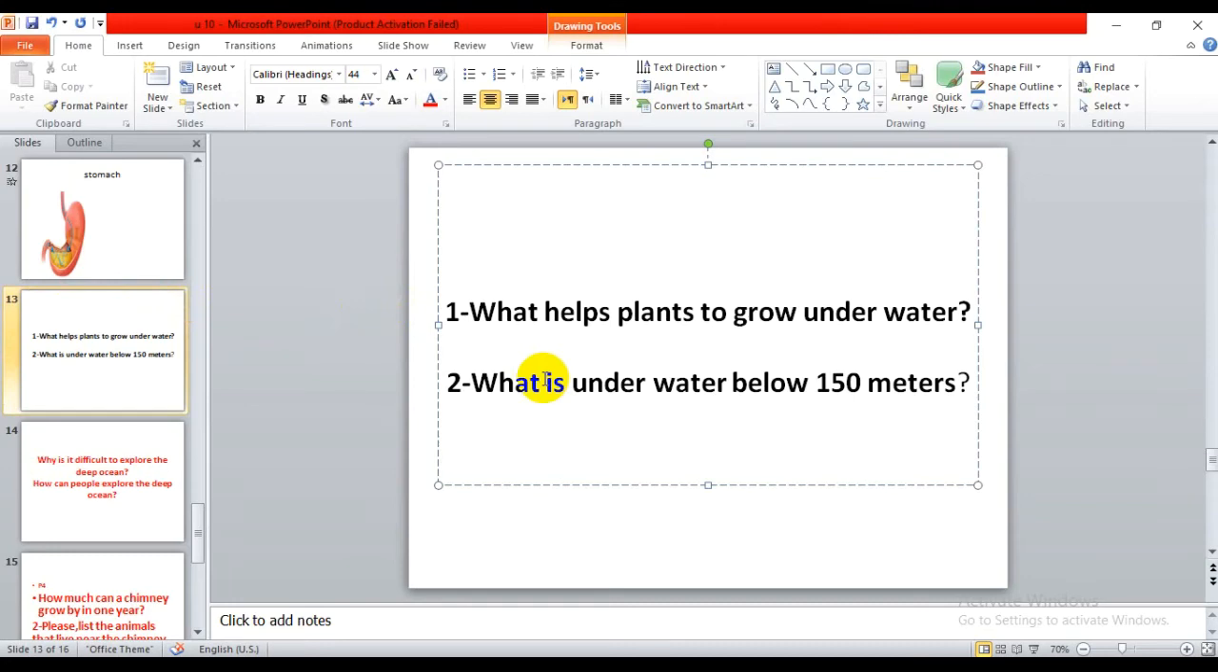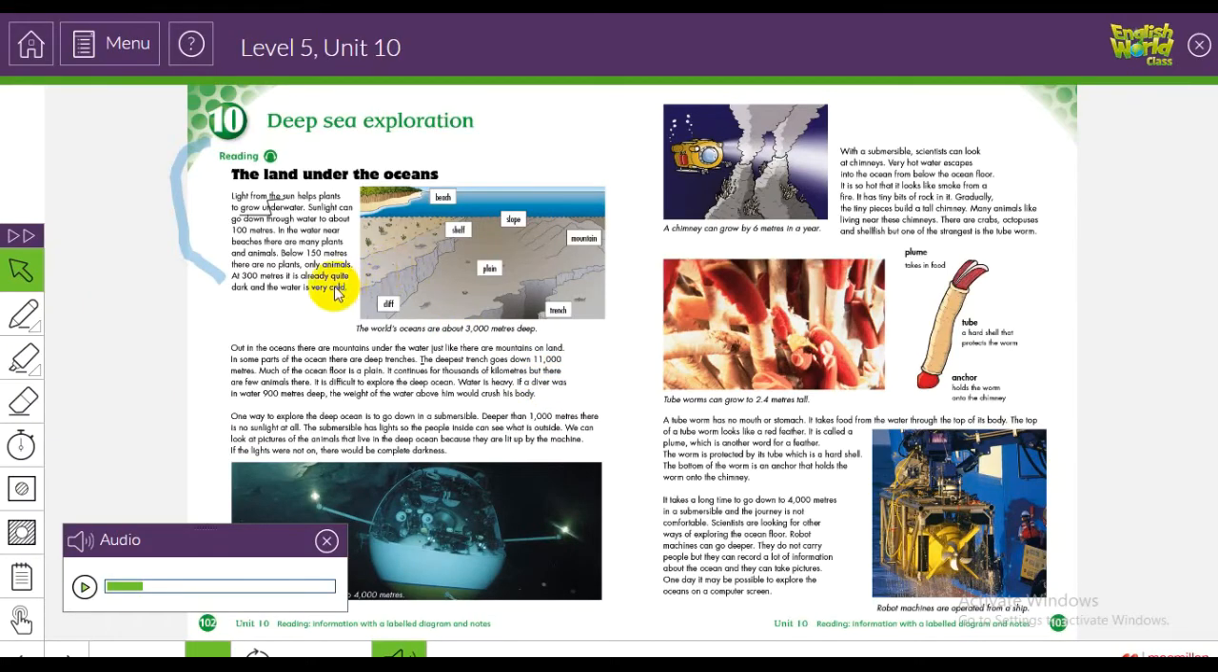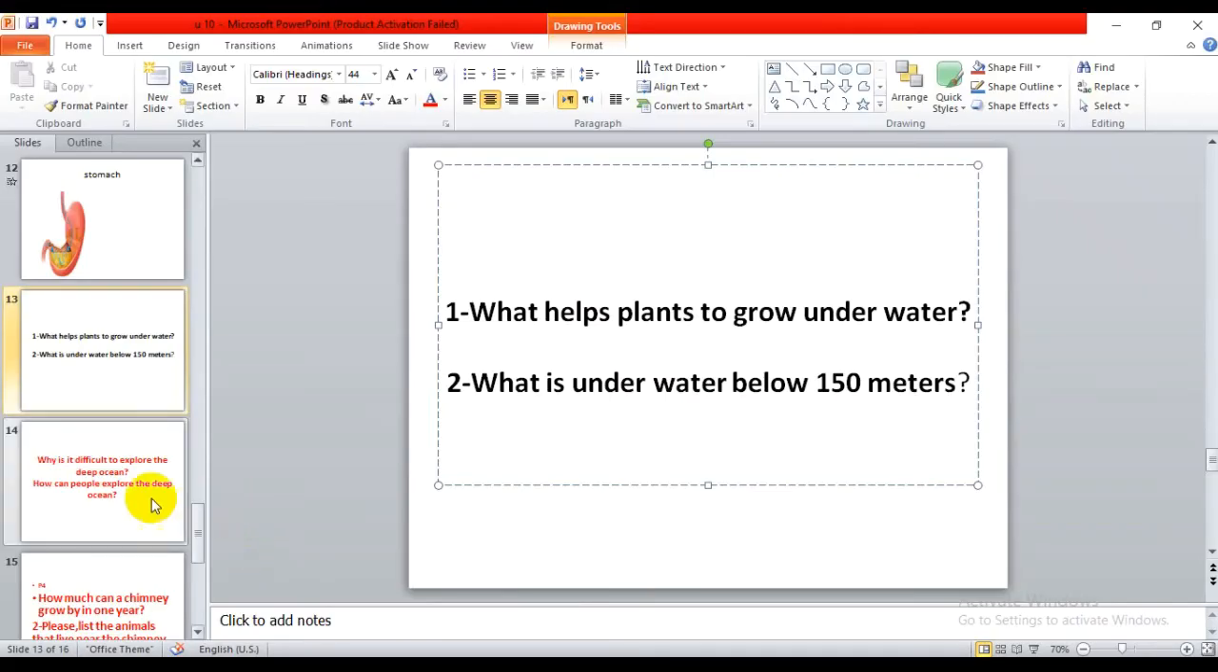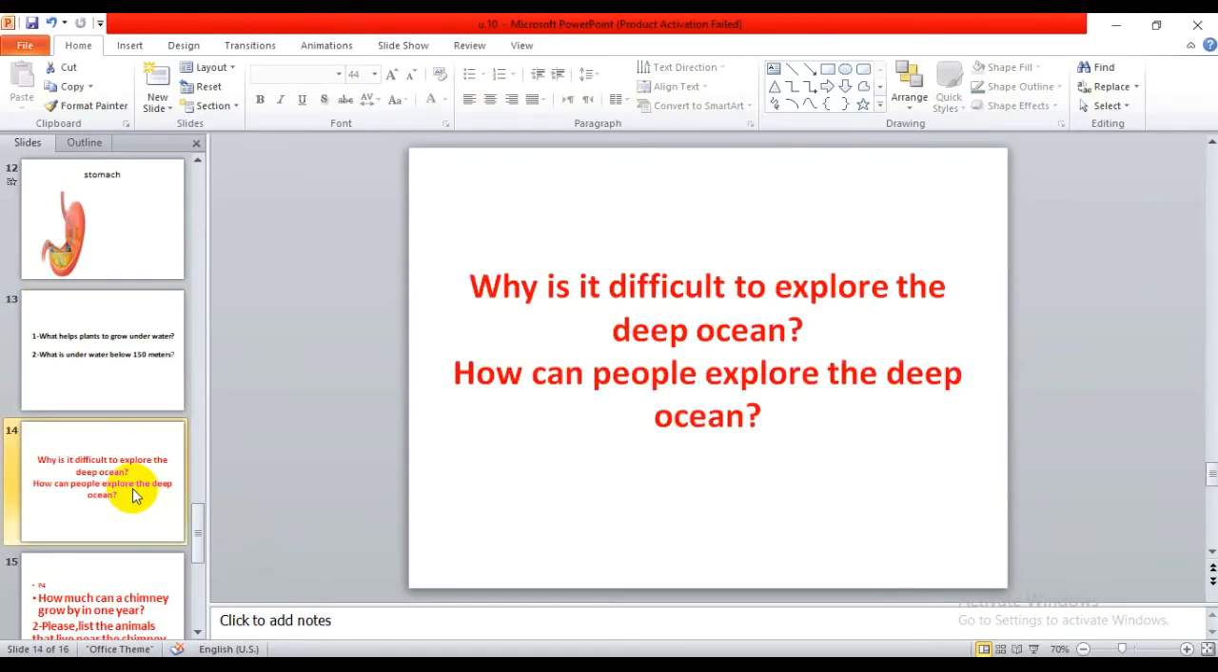Let's see the next question. What's underwater below 150 meters? Let's check the answer. Yes, 150 meters. There are no plants, only animals. Lovely. Okay, now you're going to go to paragraph number 2 and 3 and answer